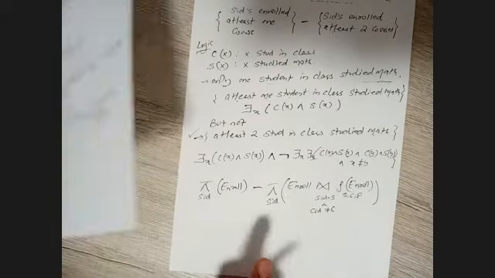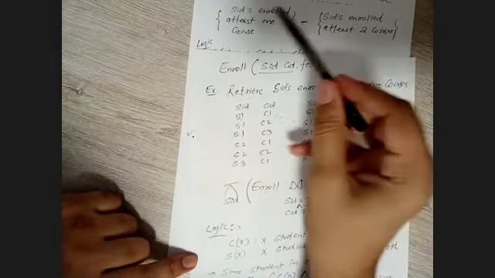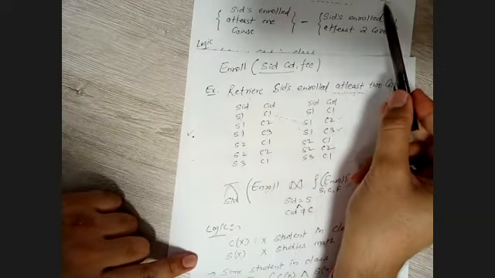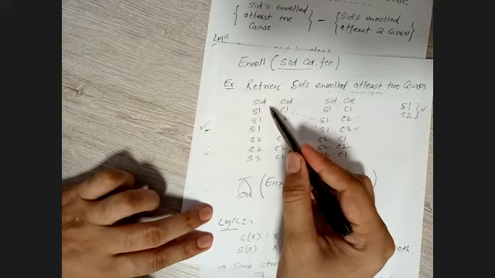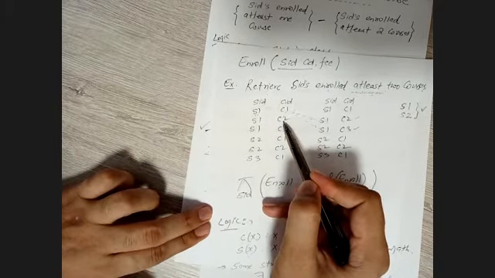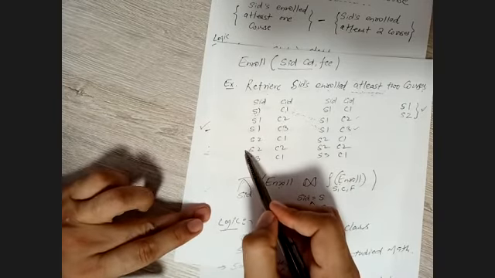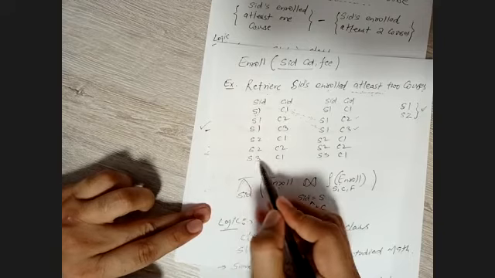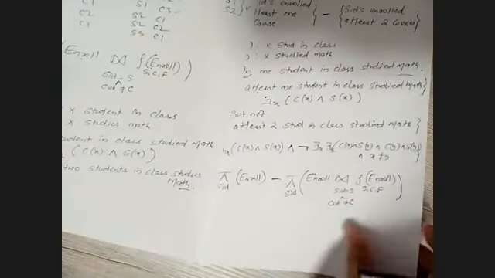Right. By looking at this example, let's validate now. What should be the result of this query? SIDs enrolled in only one course. We need to identify SIDs enrolled in one course. S1 is enrolled in C1, but S1 is also enrolled in C2, so S1 should not be there. S2 is enrolled in C1 and also in C2, so S2 should also not be there. S3 is enrolled in C1, so in the result only S3 should be there. Yes or no?